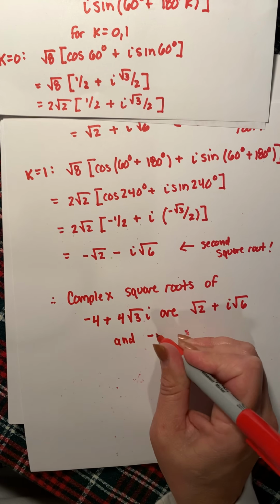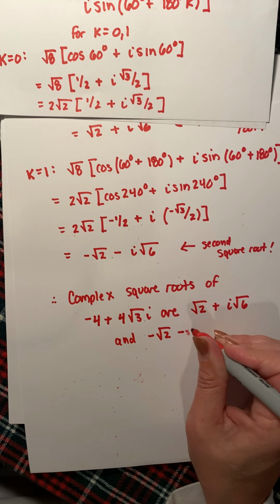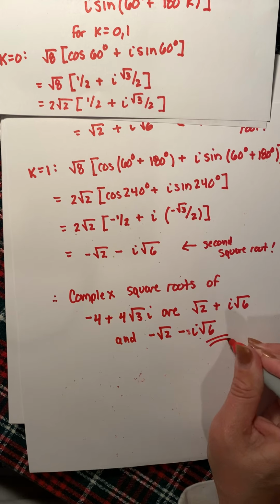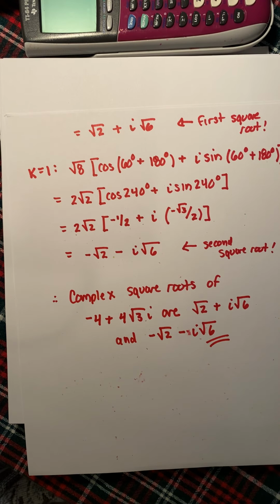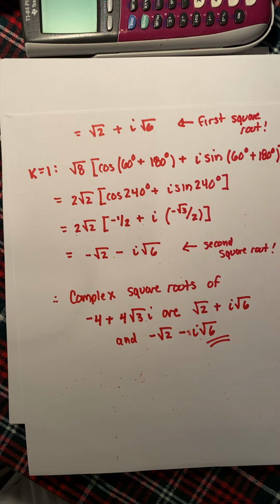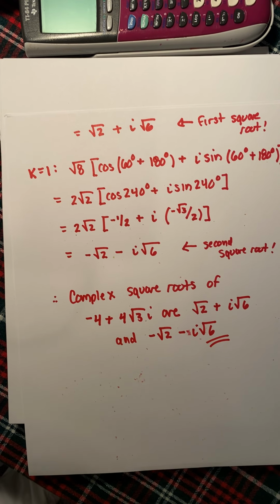So I'm going to set up the next one, but you're not going to be asked to find the details of all of this, but I just want you to see how it works. So let's find the 6th roots of square root of 3 plus i. Well, we already know the square root of 3 plus i is,